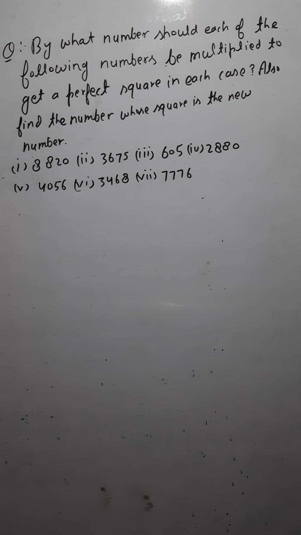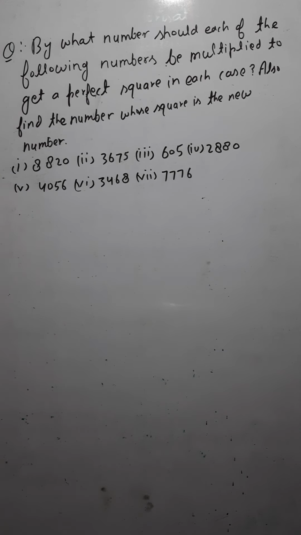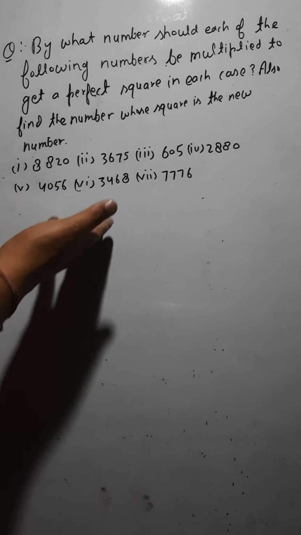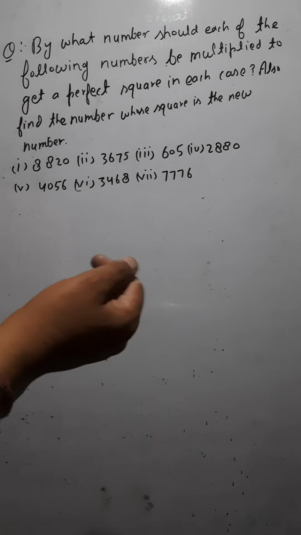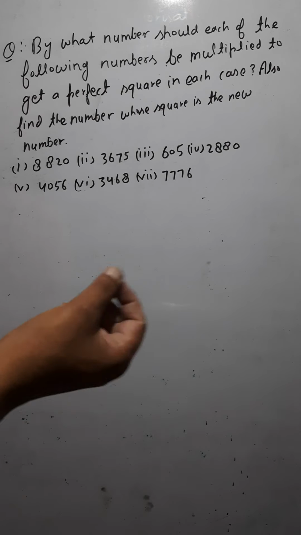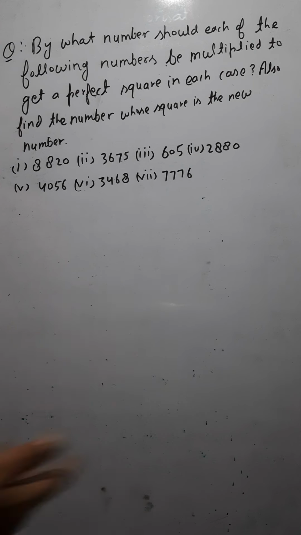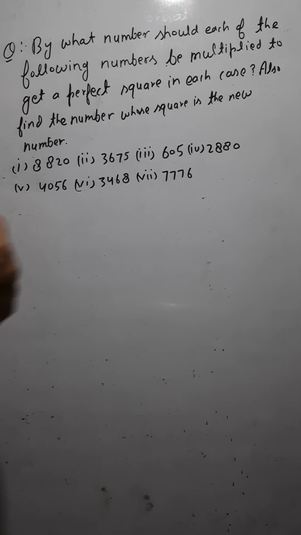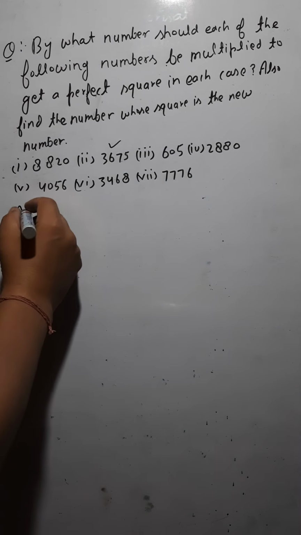Similarly as we have done the previous question, we would do this question also. At first we would find out the prime factors. Then after the prime factors, whatever number is required, which is lacking the pair, that we would be multiplying there, so that you would have the required result. So I would start from the second question again. Let me solve this here.